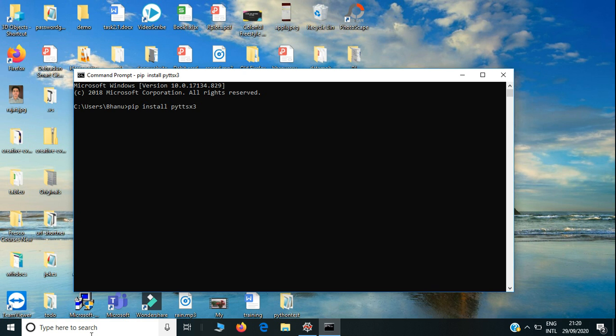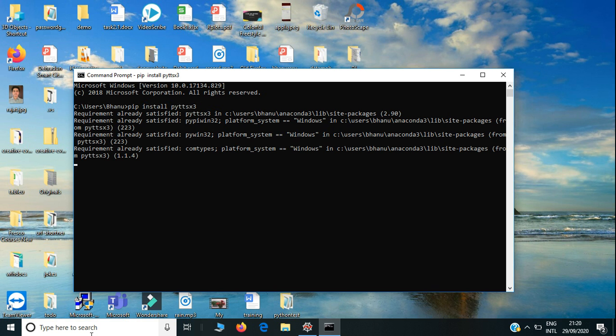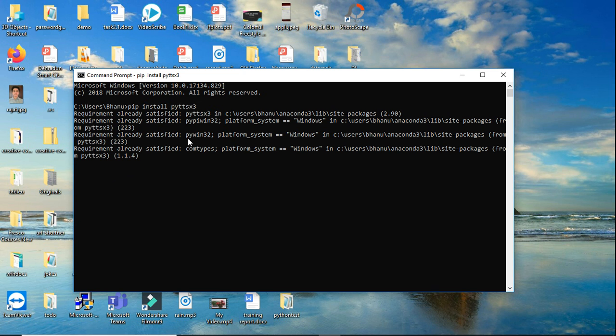But for every one of you who do not have this library, you will be able to install it. So for me, you can see that there is a message that requirements already satisfied. So just using this command pip install pyttsx3, you can install this library. And now just directly jump to the coding part and see how we can do it.